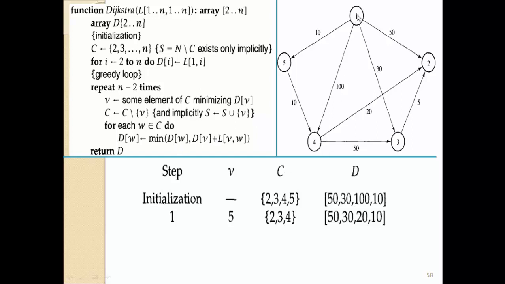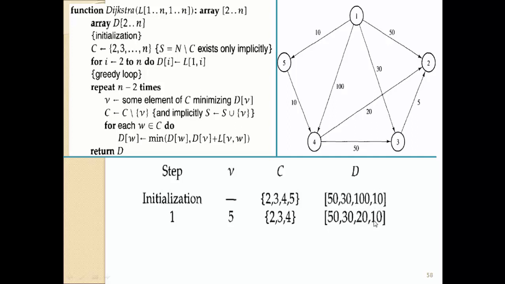So when we choose the direct path 1 to 4, at that time the length is 100, but when we choose 1 to 5 and 5 to 4, at that time 10 plus 10, that is 20. So the indirect path has the length 20, and the direct path has 100. So which one is minimum out of these two? That is the indirect path 1 to 5, 5 to 4, that is 20. So 20 will be stored inside d of 4. So in place of 100, we have a new value, that is 20, right? And the 10 as it is, because 10 is already the minimum value.